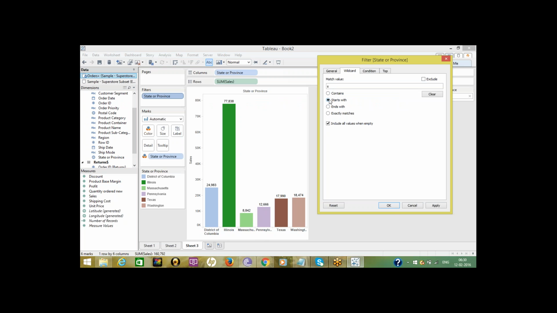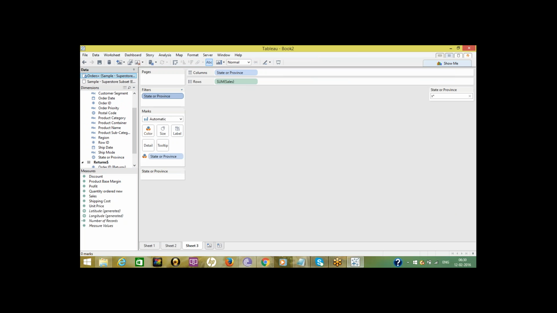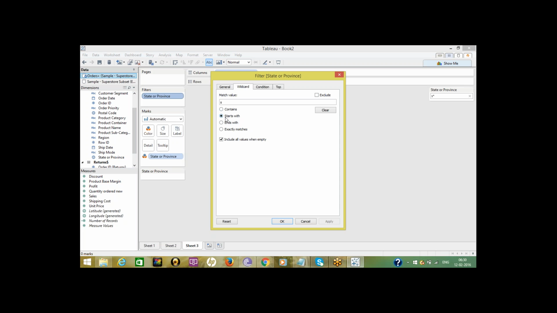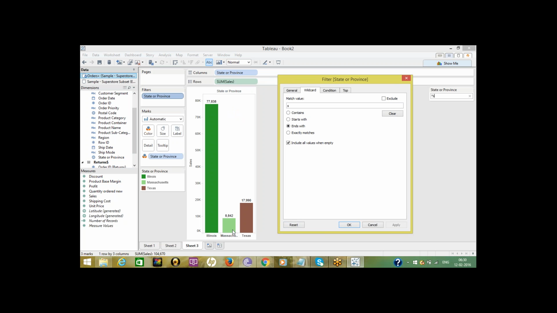Starting with 'es', no value is there. Ending with 'es', this one.